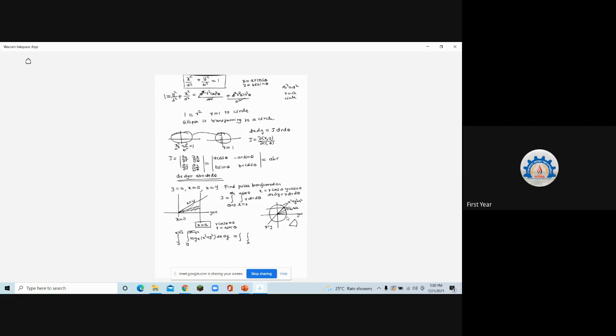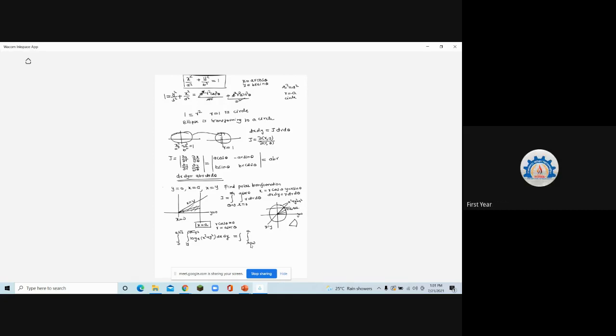So what is the equation of this curve? X square plus y square is equal to a square. That means r square is equal to a square, or r is equal to a. So what are the limits of r? The limits of r are 0 to a. Did you get it, Niraj? Yes, ma'am. Clear, na?